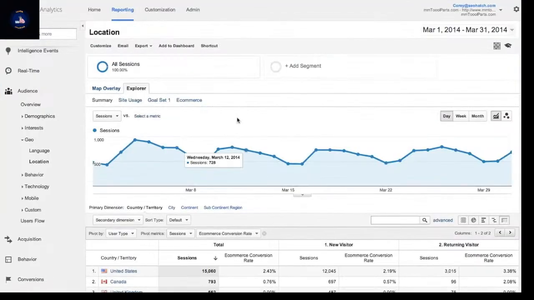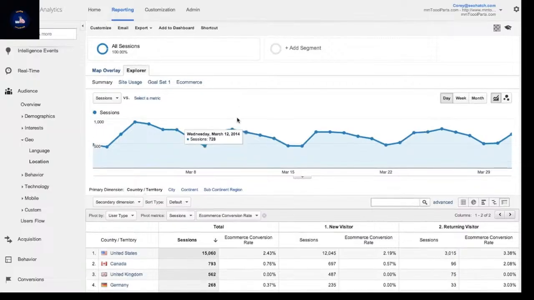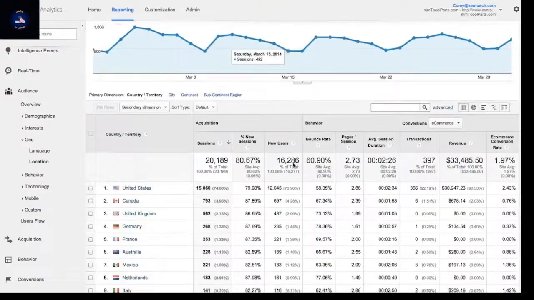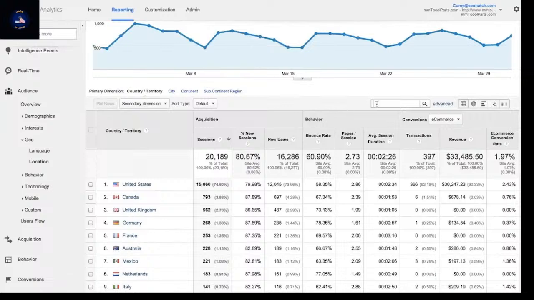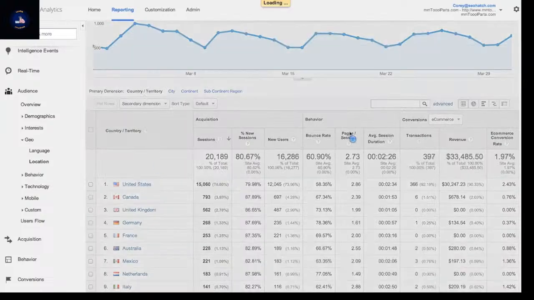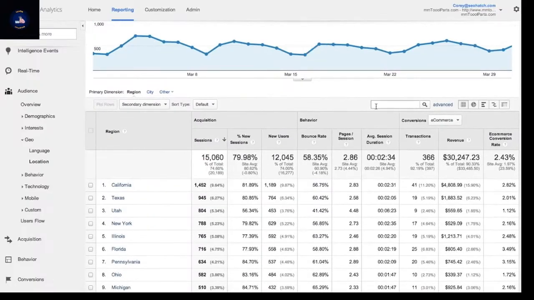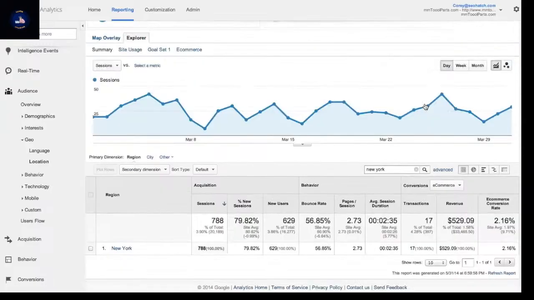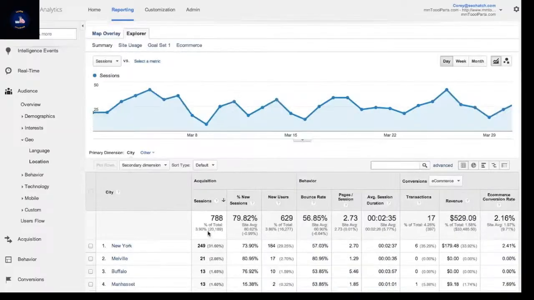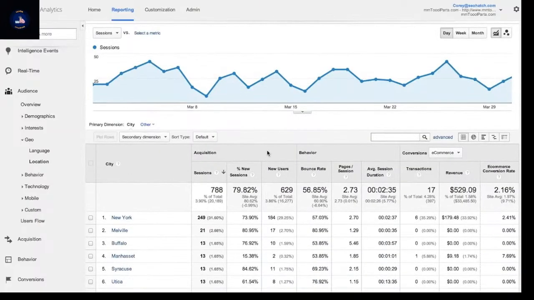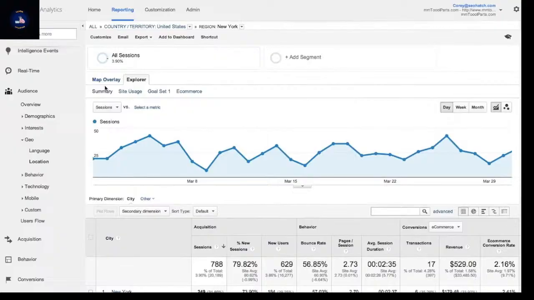Before we dive into the reports, I want to show you one more thing that I use a lot, and I think you can get a lot out of too. So I'm going to go back to the main data chart and show you how to use the search function. Let's click into the United States and say you want to find a state, say New York. You just put it in the search box, and as you can imagine, New York would come up. I can click into it, see the different states like we showed earlier. But I'm going to go back, use the breadcrumbs like I showed you earlier,